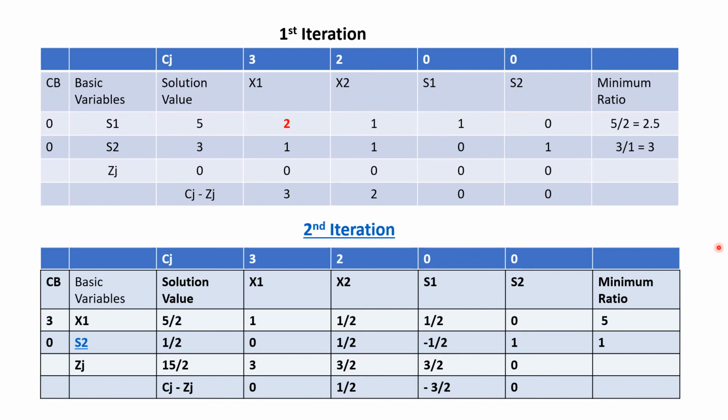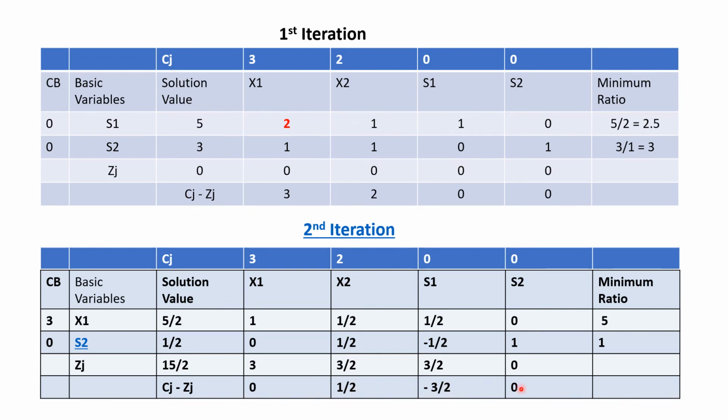So I'm moving towards maximization, but I'm not happy with the value yet, as we can see that all my elements in the Cj minus Zj are not non-positive, still one of the elements is positive. That means there is further scope of improvement, right? So